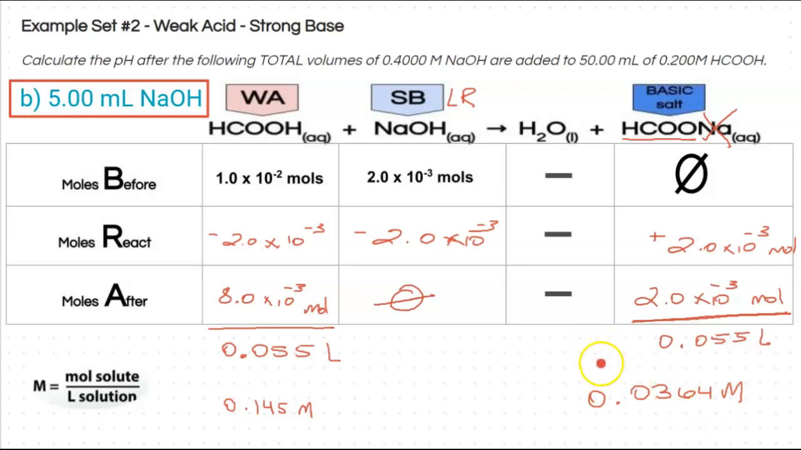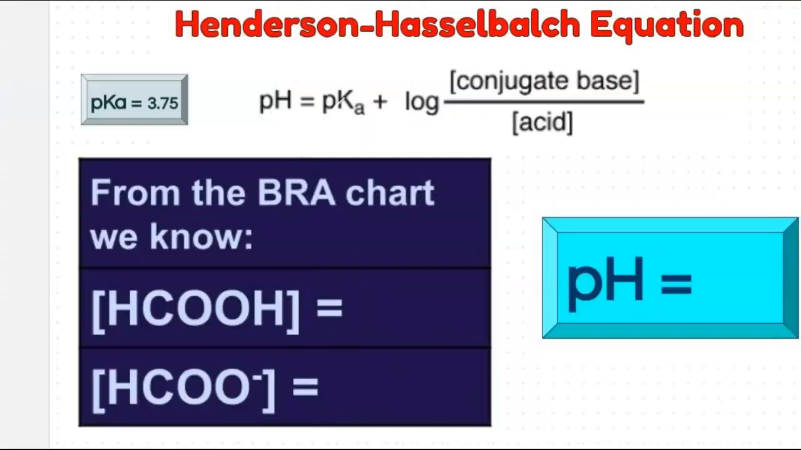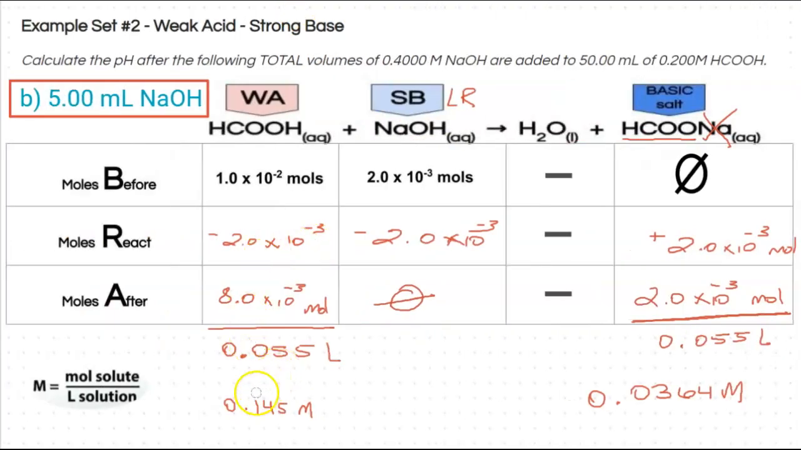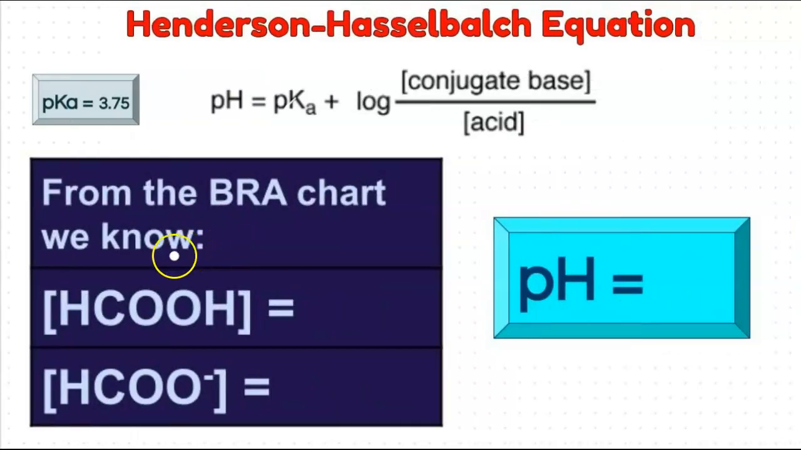Now that I have molarities, I can start to calculate the pH. Instead of using an ICE chart, though, we're going to use the Henderson-Hasselbalch equation. So for some of you, it may be a review. For some, it may be the first time you've seen it. From the ICE chart that we just utilized, from our chart down here at the bottom, we calculated our new molarities. The new molarity for my methanoic acid was